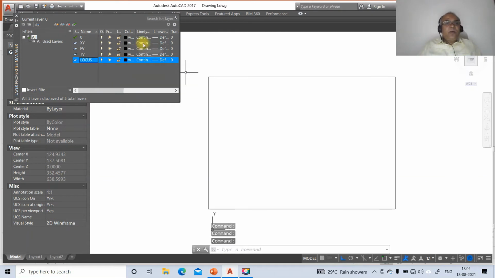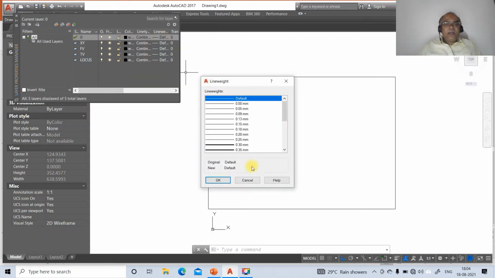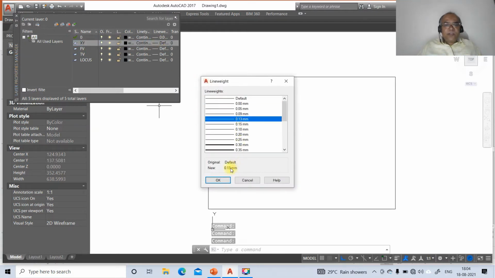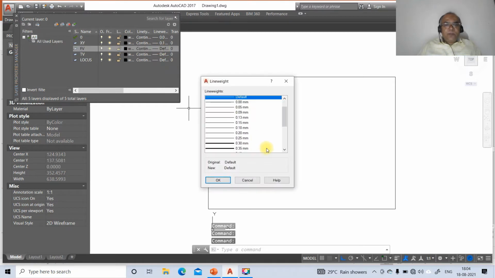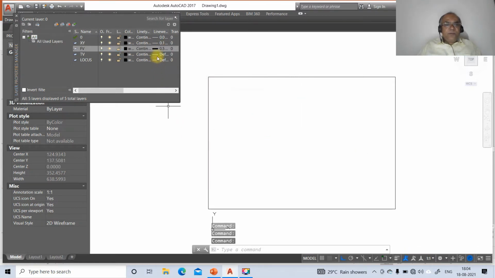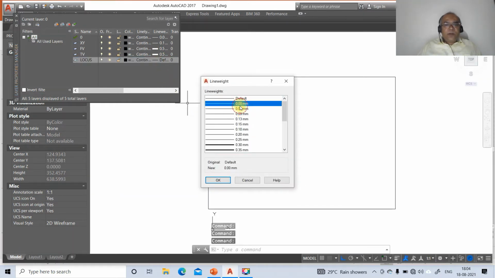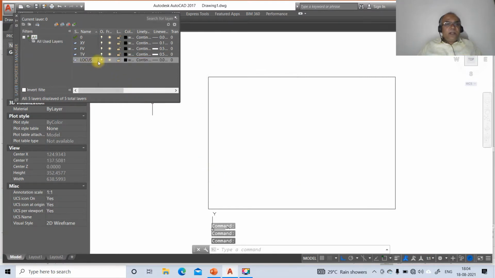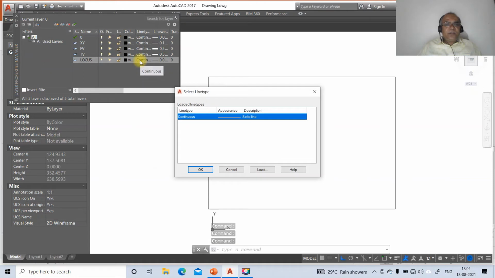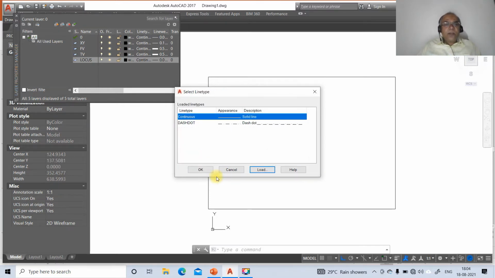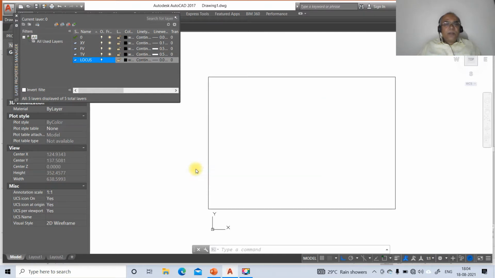Once you do that, now we go for the line weights. Layer 0 will contain projector lines. All the projector lines will be 0.05, and say OK. Layer XY will have the line weight 0.13. Then the front view will have 0.5, and the top view will also have 0.5, and the locus line will have 0.05. Then the line type of locus, which is continuous, should be dash dot. So click on load, take the available line types here, type dash dot and say OK, click on dash dot and say OK.